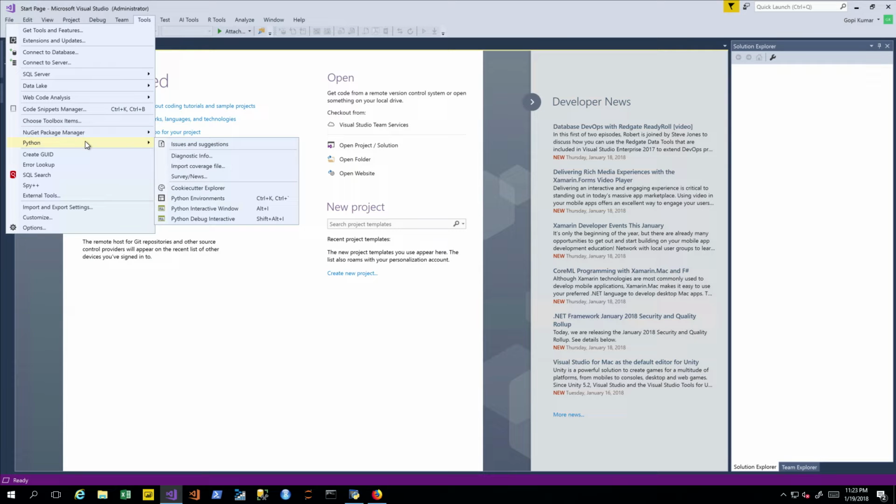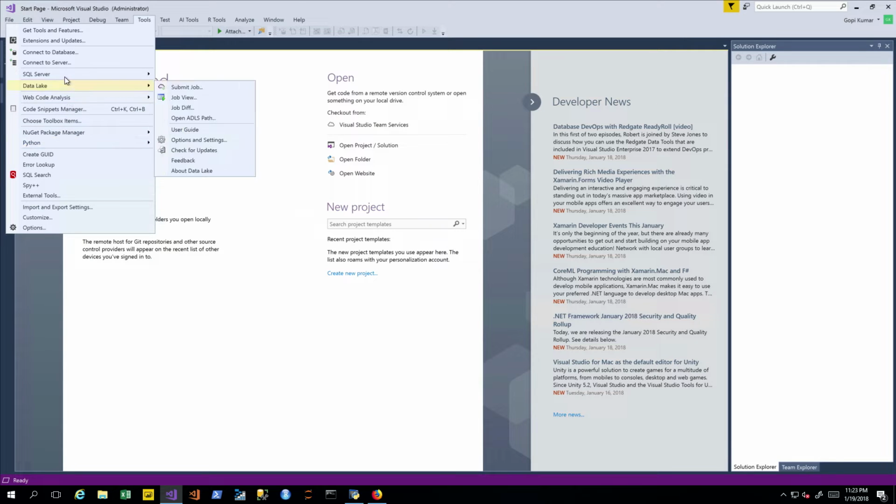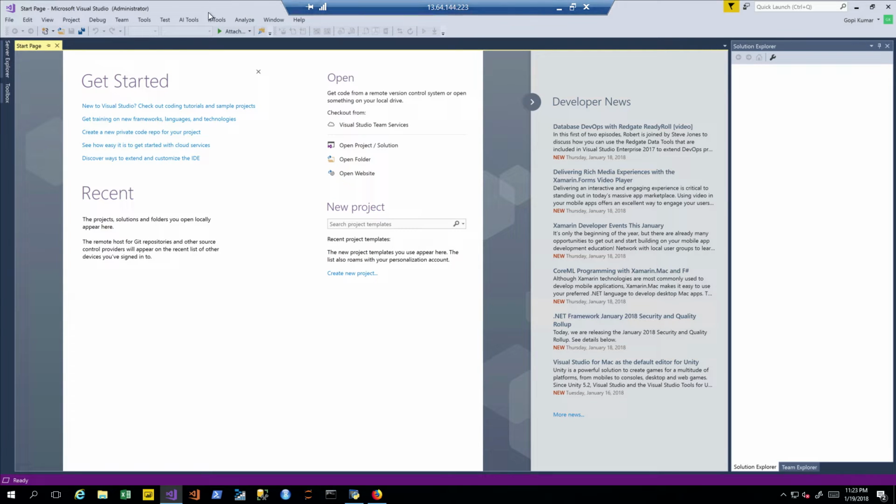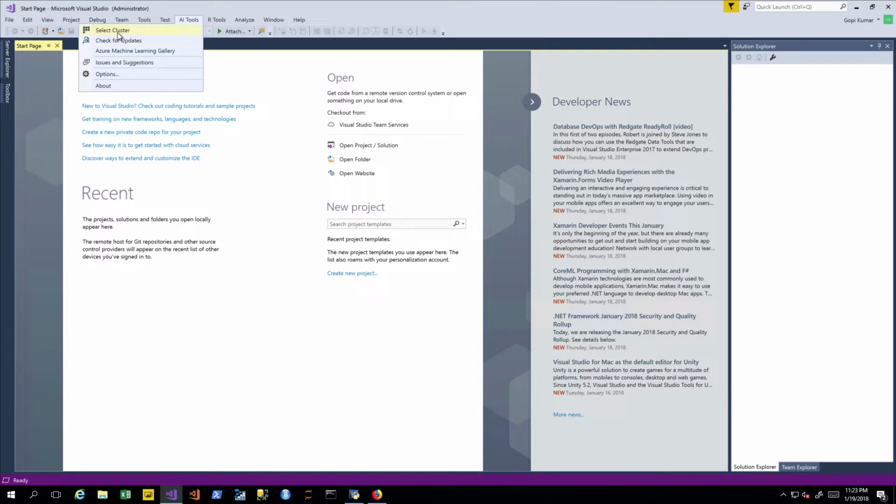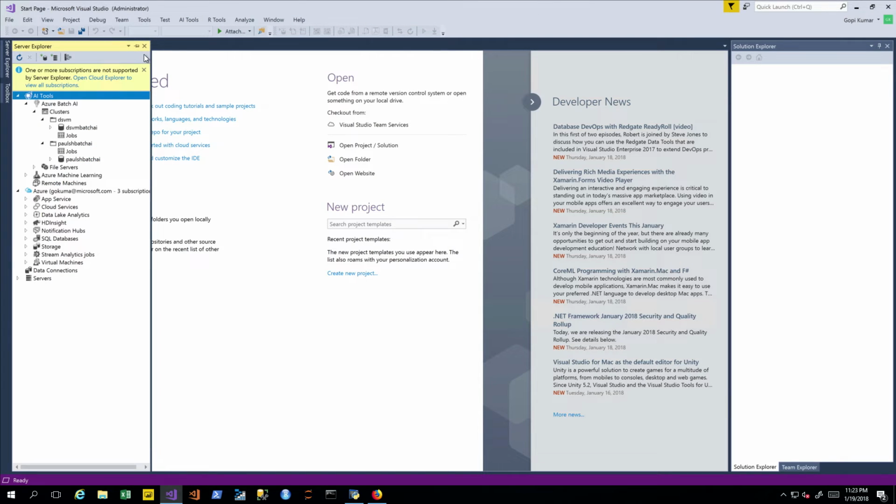Okay, here's Python tools, and then you have data lake, you have SQL Server. So you have pretty much everything that you would need. One of the things that I am really excited about, this is a relatively new tool. This is AI tools for Visual Studio. So this is a way in which you can manage all the infrastructure here with the AI tools for